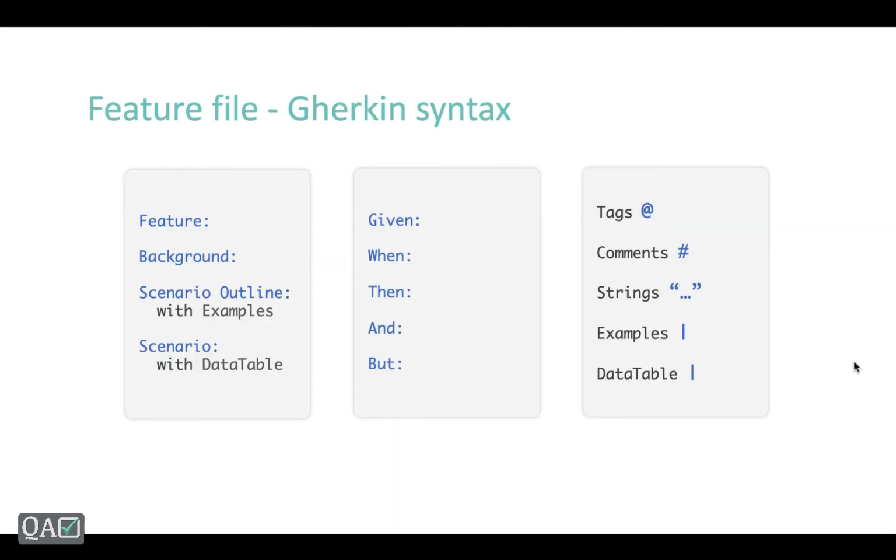So if you see the feature file, normally the extension is dot feature, and the first section will be the feature, where basically you have to mention what feature you are going to automate. So let's say if I am going to automate a Facebook sign up page, then I would say the feature is verification of the sign up page.